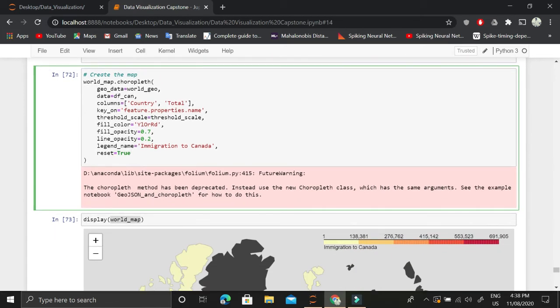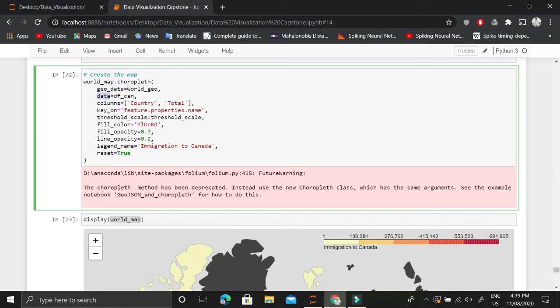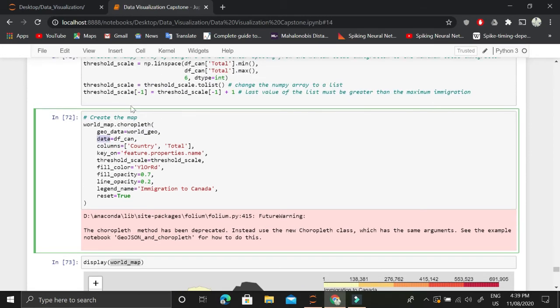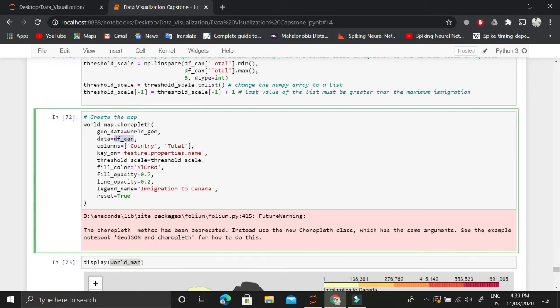Okay, then the arguments and the parameters that we are having here for this choropleth map contain, first of all, this geo_data. This geo_data is expecting the name of the file that we have in the directory containing this different world countries information in JSON format. Then this data argument is expecting the data frame that we will be using, that contains the information, and we have this data frame stored in this df_can. Then columns is expecting the columns that we will be working on. So we are interested in 2 of the columns. One is country, and for each of the country, the total number of immigrants. So these 2 columns will be given as a list.